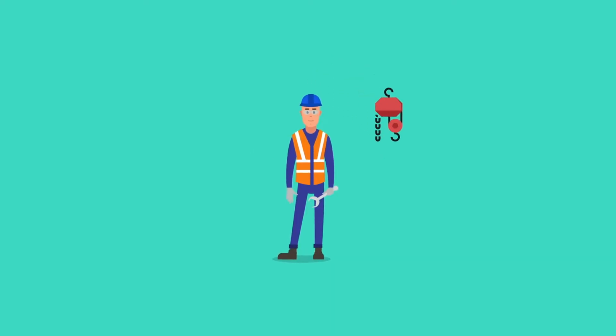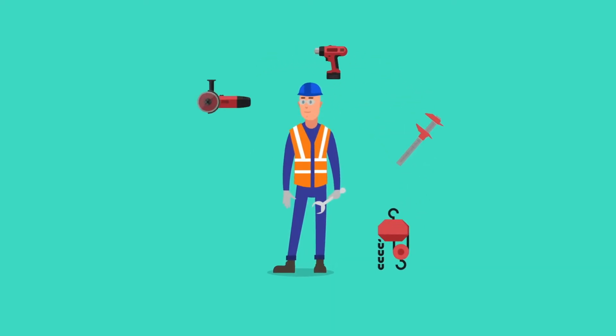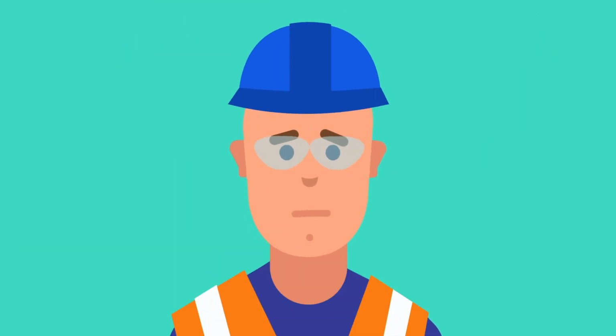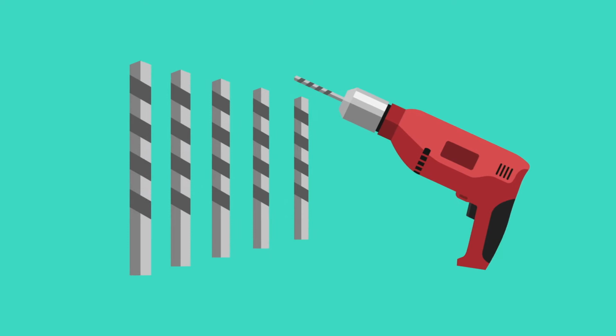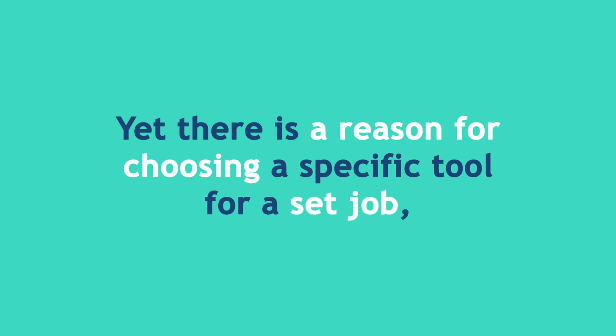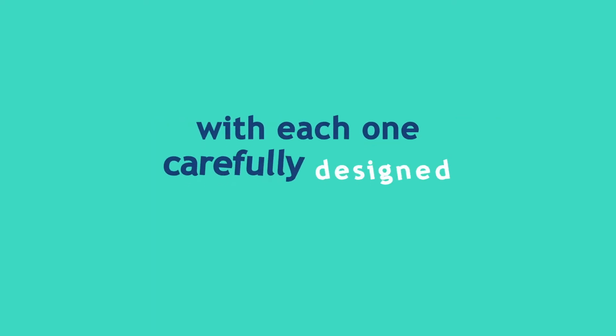Tool selection. We use many tools in the workplace for different types of tasks. So many, it's quite easy to become confused over which tool does what job. Some look like they can perform the same job. Some sound like they can perform the same job. Yet there is a reason for choosing a specific tool for a set job, with each one carefully designed for